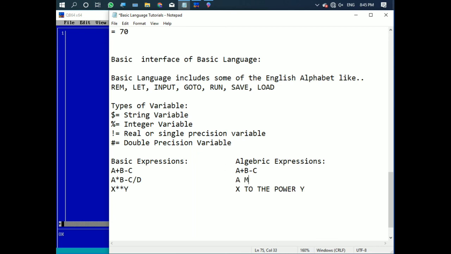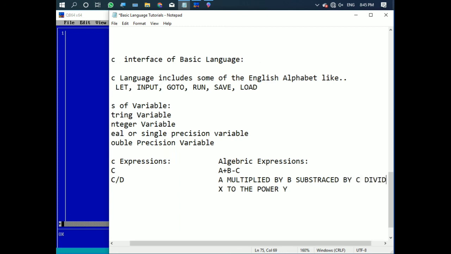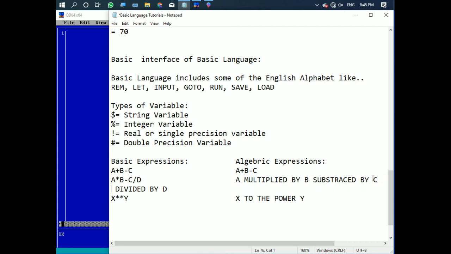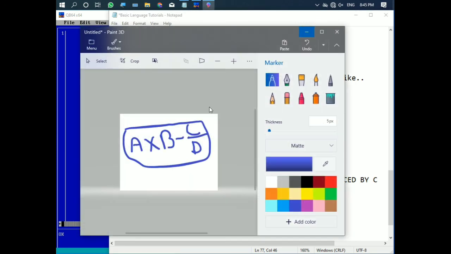Here let's write A multiplied by B subtracted by C divided by D, in the format. Okay, so this is x to the power y, which we write. Let's now erase it.